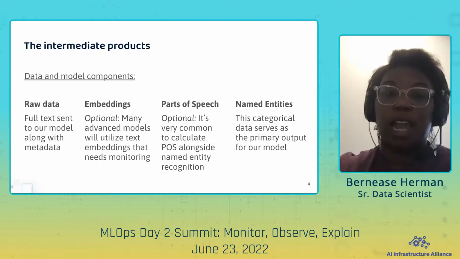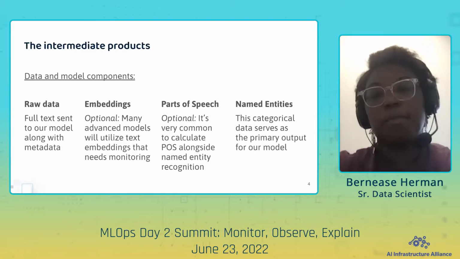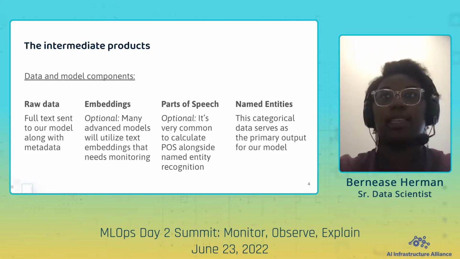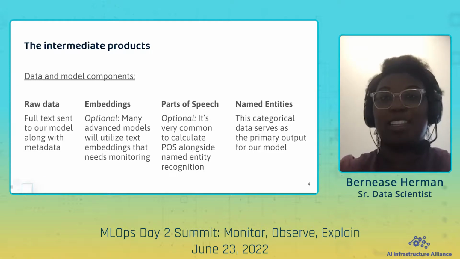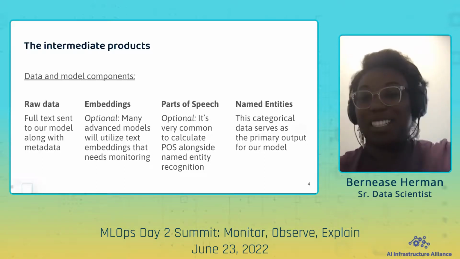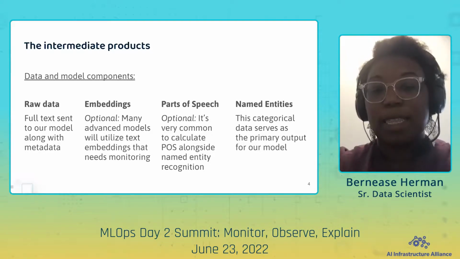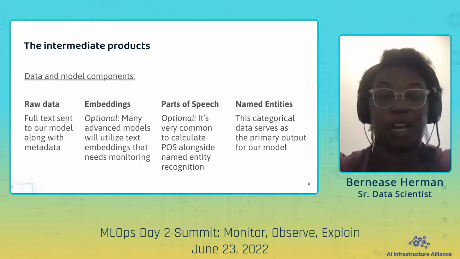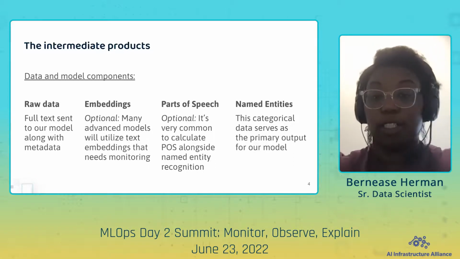So this is for every word or token. I want to detect things like, is this a noun? Is this a verb? Is this a past participle? I don't know any more of these because I am not a great NLP person or English speaker, perhaps. But this is also something that you'll want to monitor. And then finally, you'll see here your